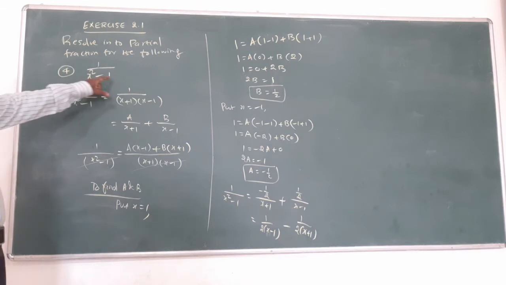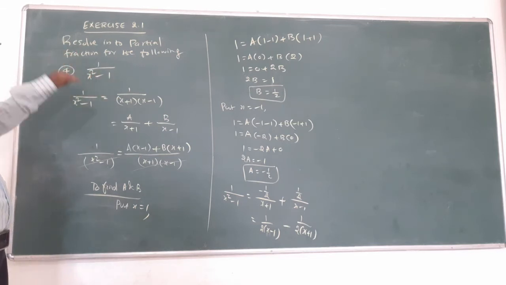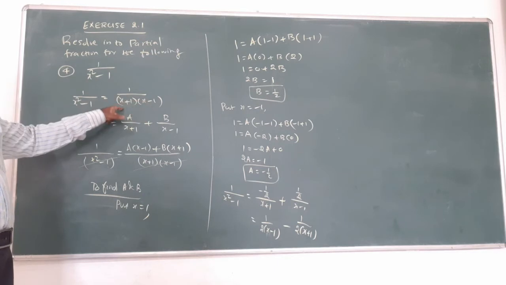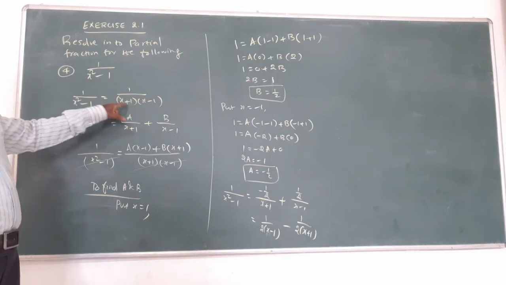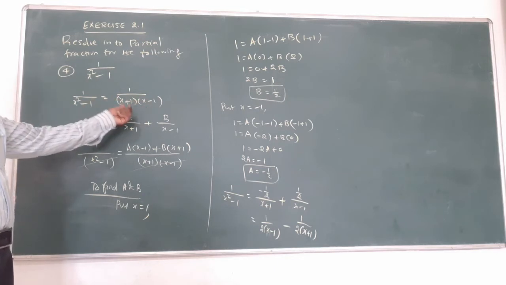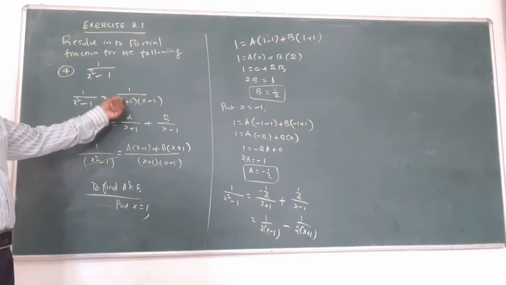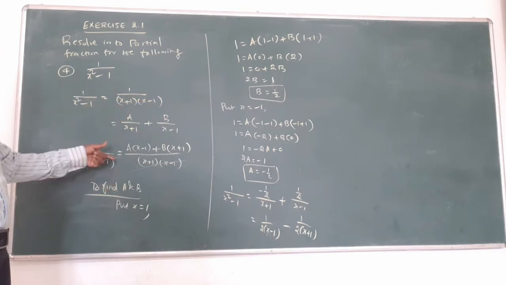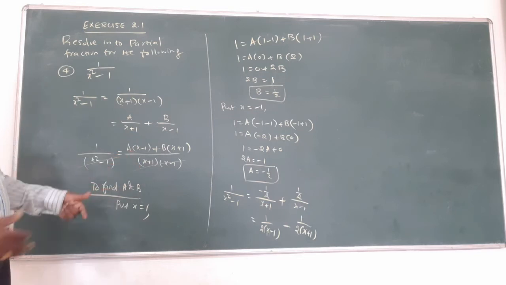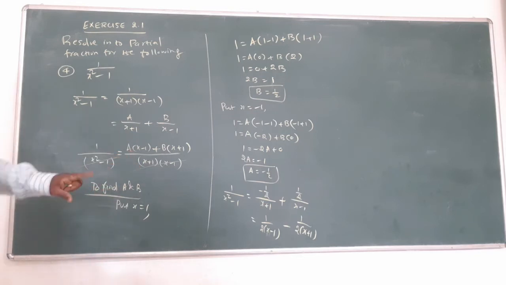Here is a quadratic factor. This is possible to factorize. That's why you want to factorize by using the formula a square minus b square into a plus b into a minus b formula. Now it will become product of the two linear factors. Previous way: a by something, b by something. Obtain LCM to find the a and b value. Substitute them and get answer. That's all.